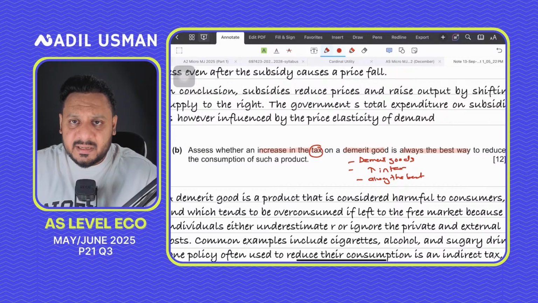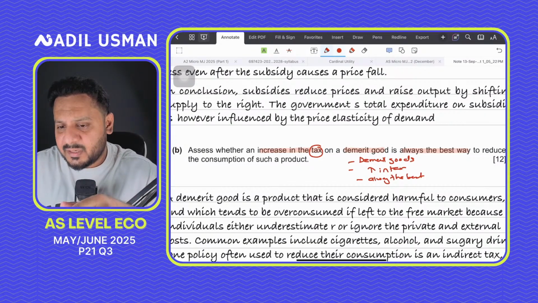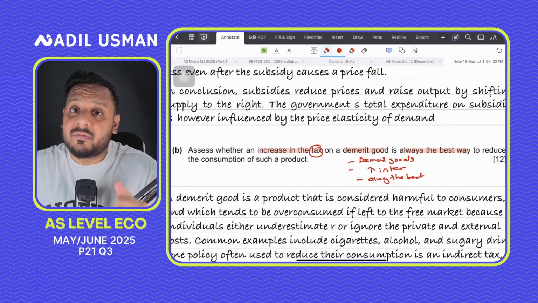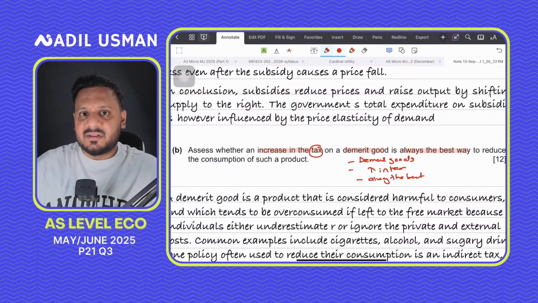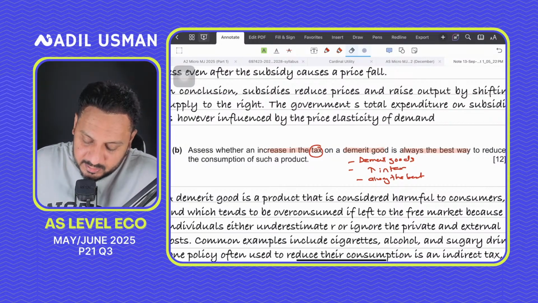Yes, for minimum price, maybe you will write, you will mention, so compare it with at least two other policies. That's a good thing that you can do. So minimum prices, you can say. You can also talk about information provision and advertising, because that will tackle the root cause. So yeah, minimum pricing and your